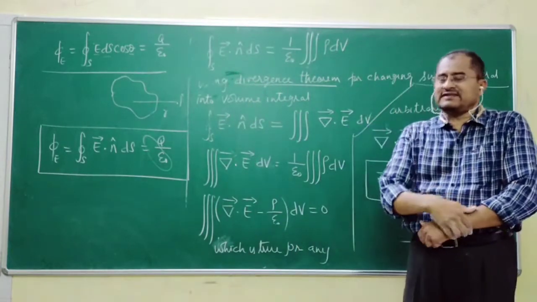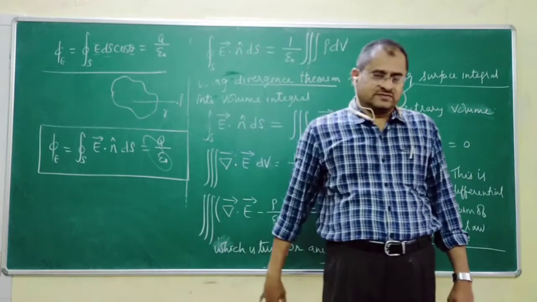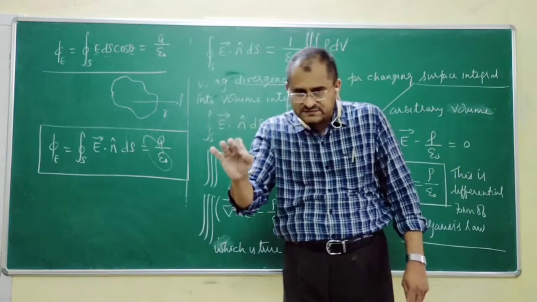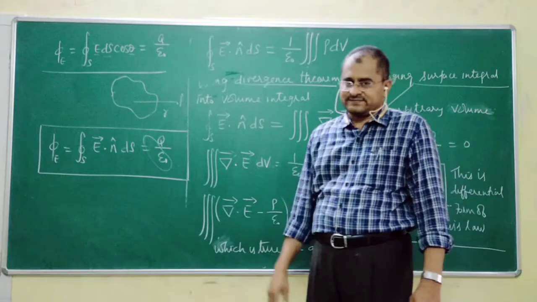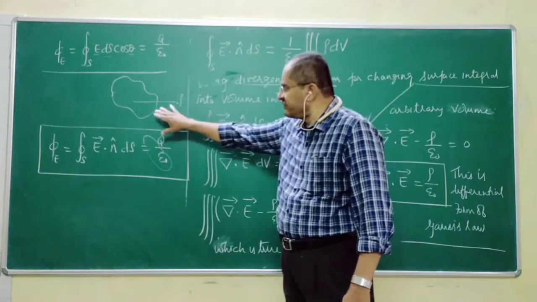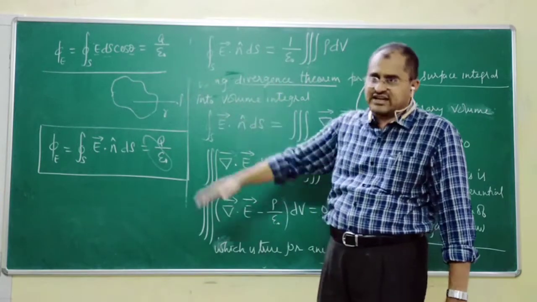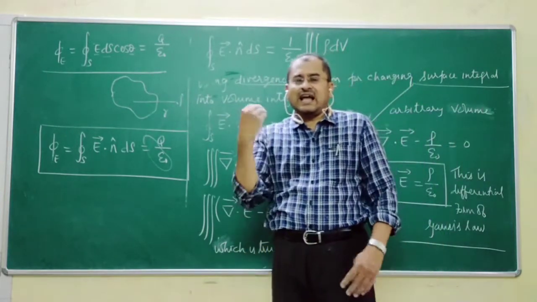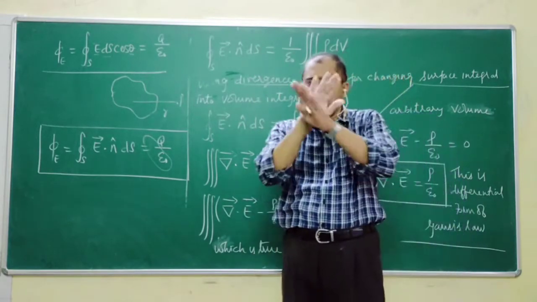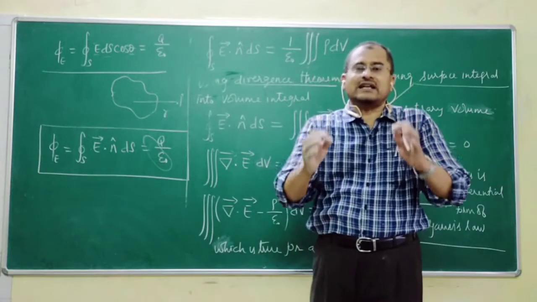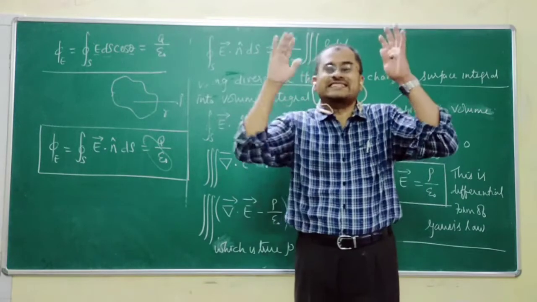That is the reason why I said Gauss's law is always true, not always useful. As I said, if I take this case, here Gauss law is not useful to me, because if I want to find out the electric field at this point P due to the charge distribution of this surface of an arbitrary shape, I cannot take E outside, I cannot take ds outside, I cannot take cos theta outside, because all the three are variables and it is an integral with three variables, and for me solving such an integral is difficult.